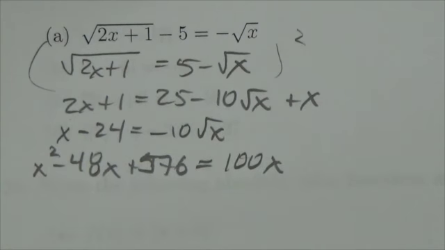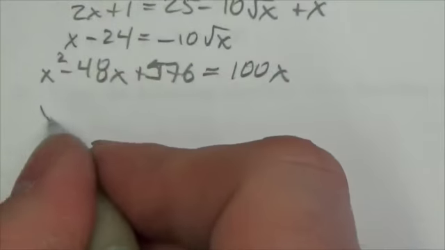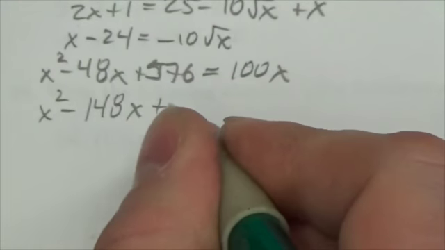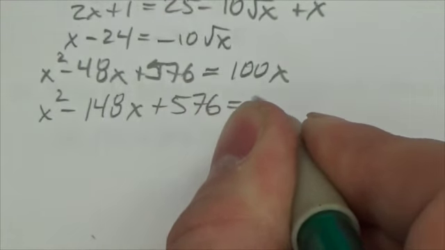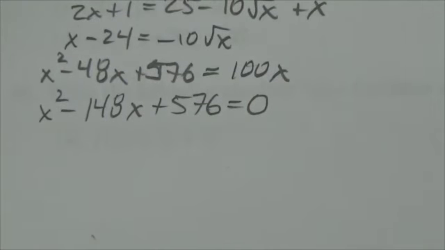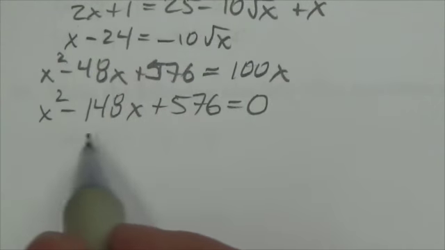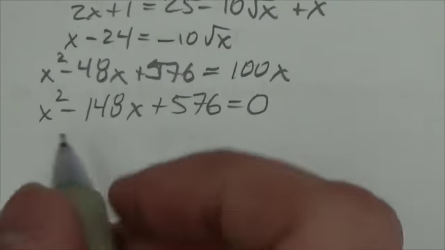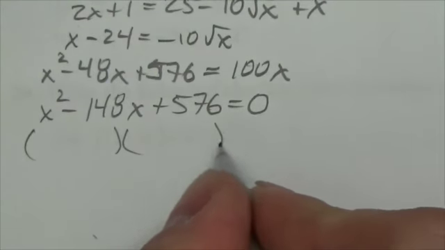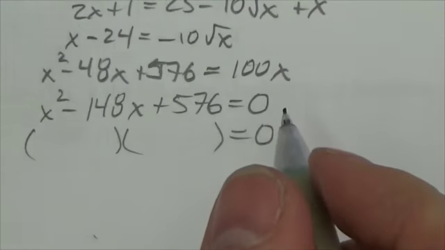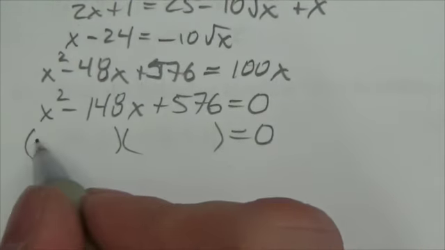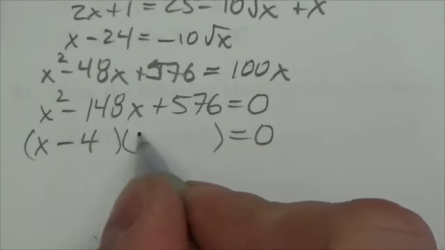Okay. Now I'll bring that 100 over, so I'll get x squared minus 148x plus 576 is equal to 0. Now this one here, this is not obvious, okay, how this works. Just because the numbers are a little bit larger here, but if you played with it for a little bit, or if you went to the quadratic formula, you'd still get this result here. But it turns out this can be factored